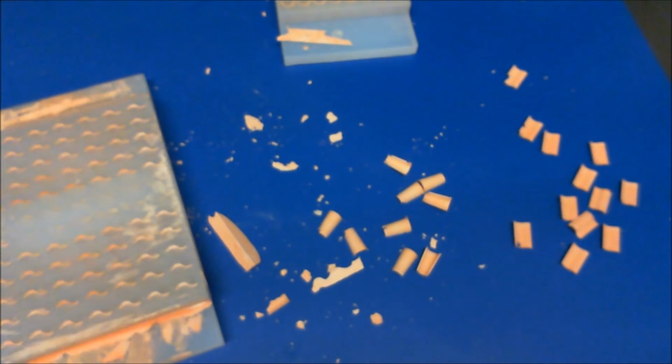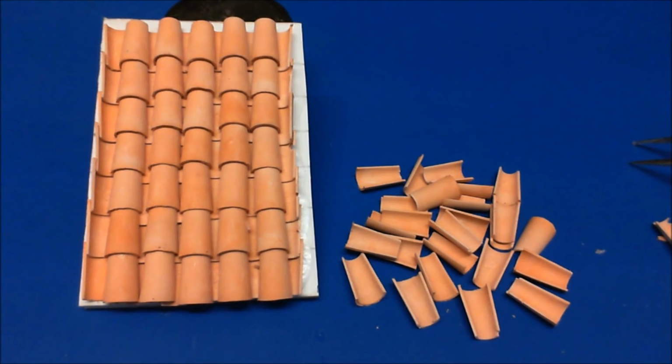And we'll have a closer look now at the parts. Right, close look at these little parts. Was it worth the hassle? Yes, I think it was, because you have to agree with me, they look pretty good. They do look really good. The parts themselves,